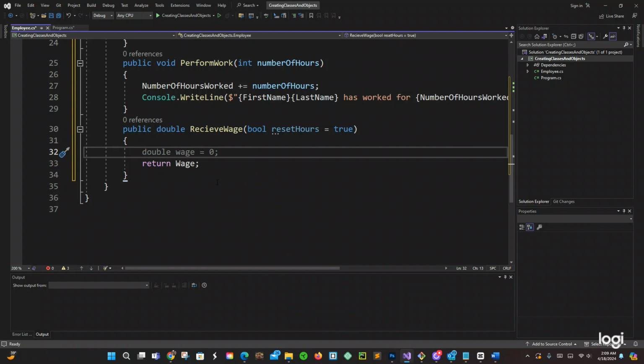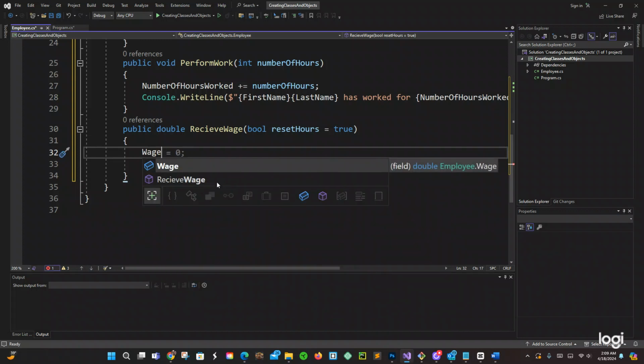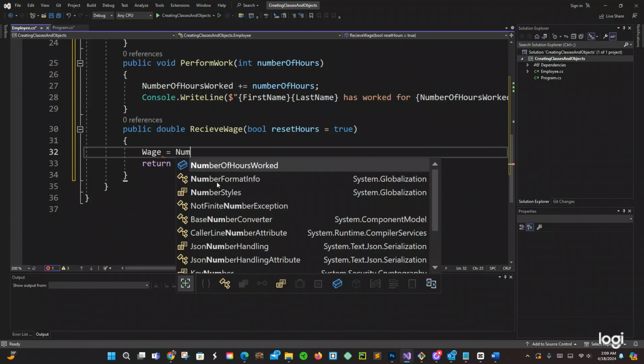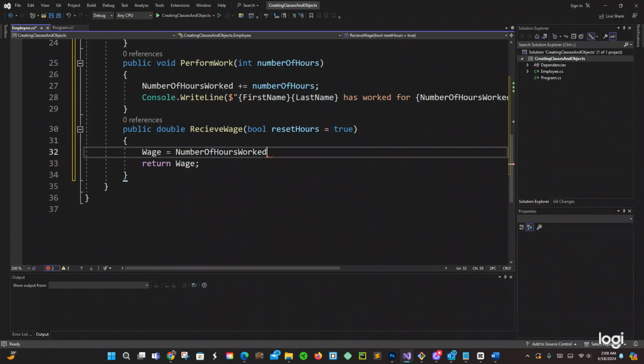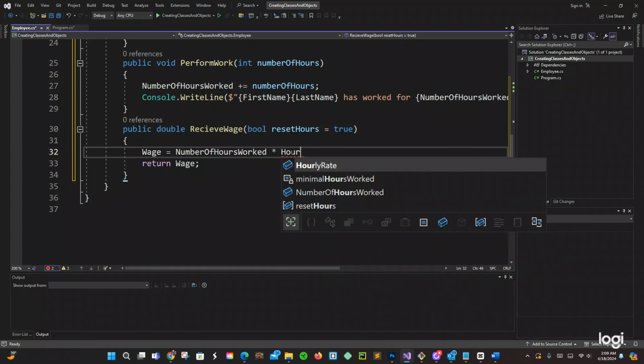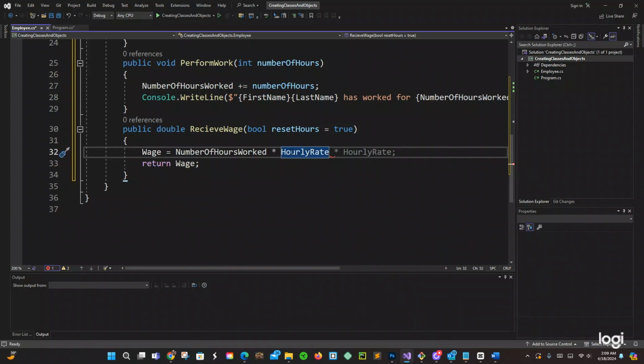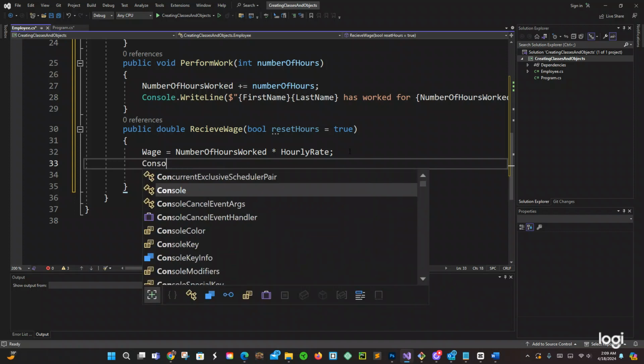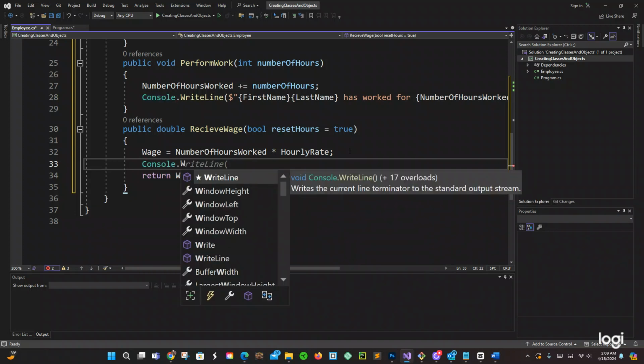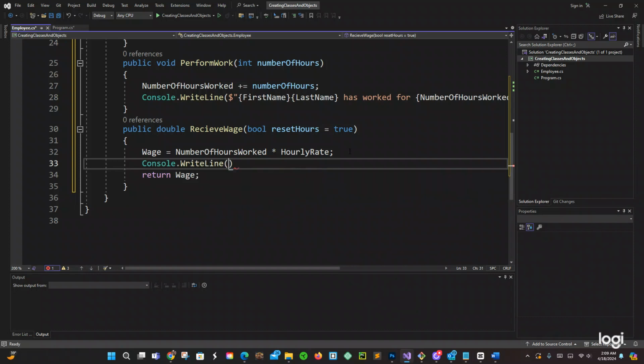We want to do wage equals number of hours worked times hourly rate. Okay, and then we're going to have Console.WriteLine, and right here we're going to say